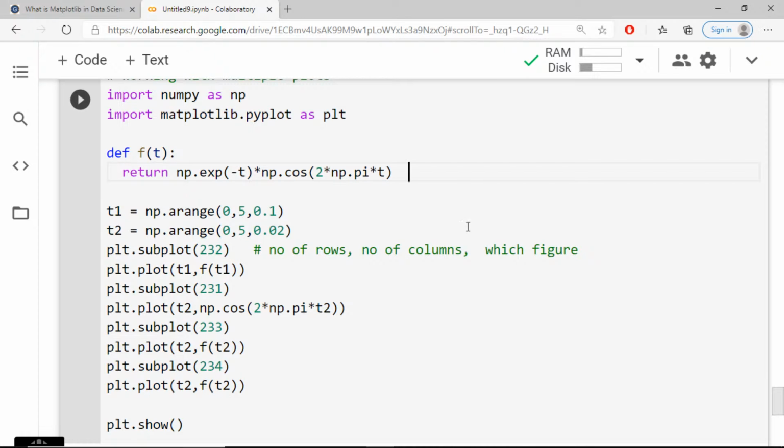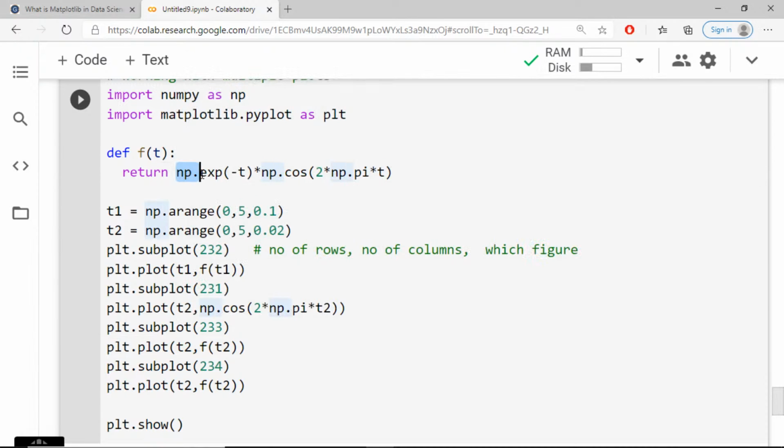And how can we take the value of pi here? With the help of numpy. So I have written 2 into np.pi. This np.pi will give you the numerical value of pi, and the t value we are passing here in the function. So this np.cos will give you the cos 2 pi t,